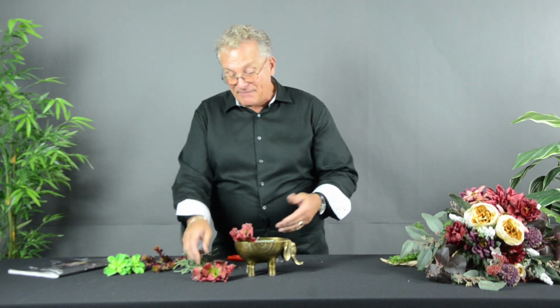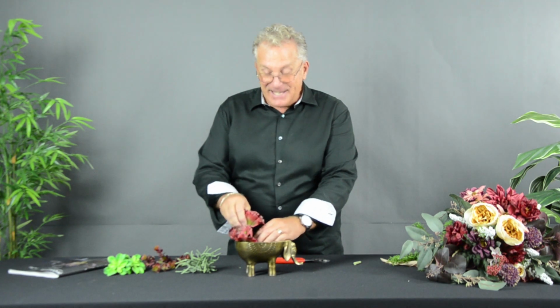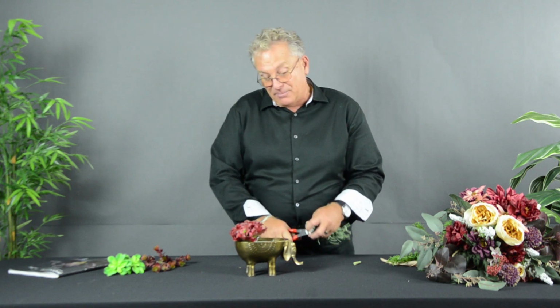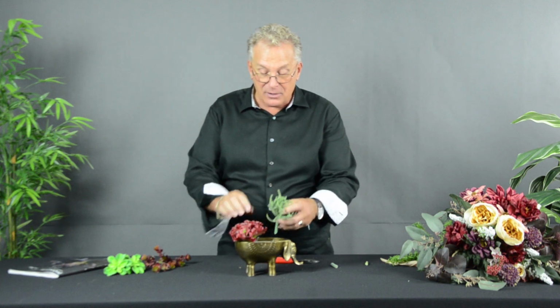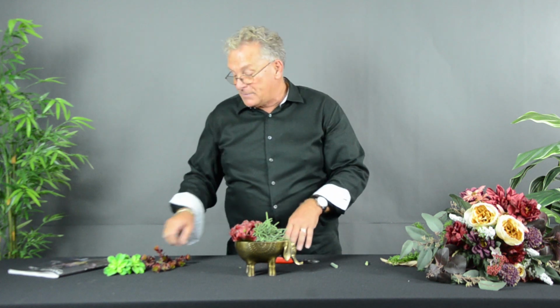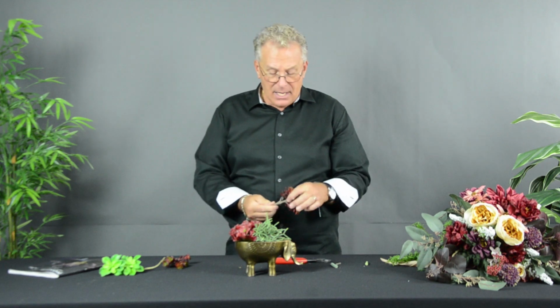So we found this little unique elephant container. He's kind of fun, and it definitely has that millennial feel to it. Just kind of, not really for any other purpose than I like it. So, it could be a collector or not, it doesn't really matter. But what you're seeing is that I'm taking that and using that and putting a little piece of foam down into the bottom, and I'm going to go ahead and arrange my succulents just like I would any other type